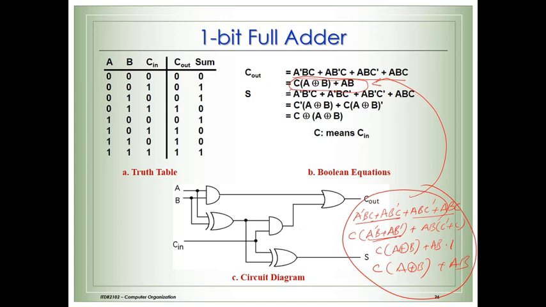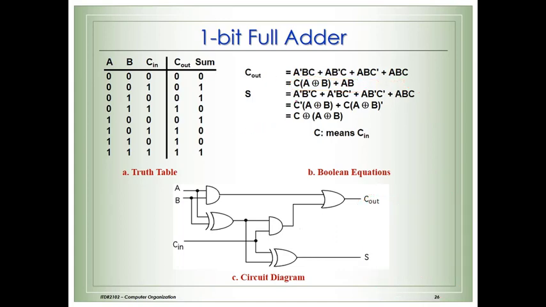Now let's simplify the next one. So here you had this one, correct? So then here what is common? A naught is common. So B naught C plus BC naught, and what is common here? Here you have A common again. So B naught C naught or BC, correct? This is again B exclusive OR C, correct? And this is A, and this is (B exclusive OR C) whole naught.